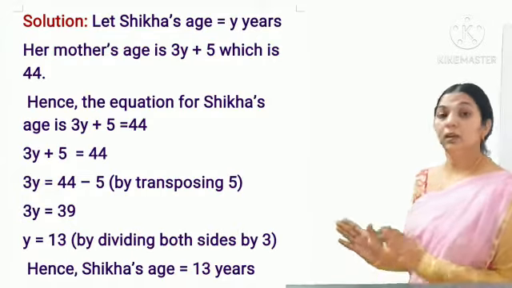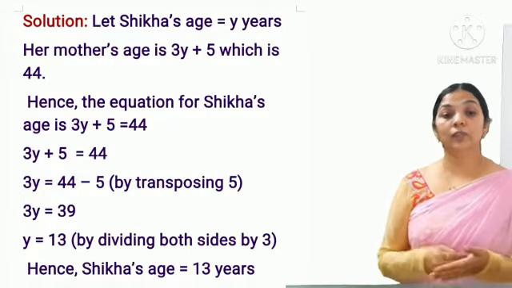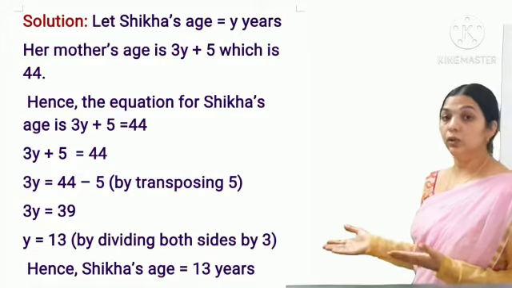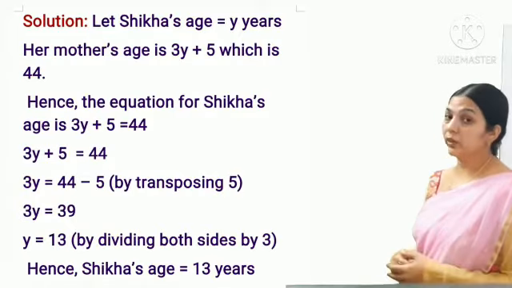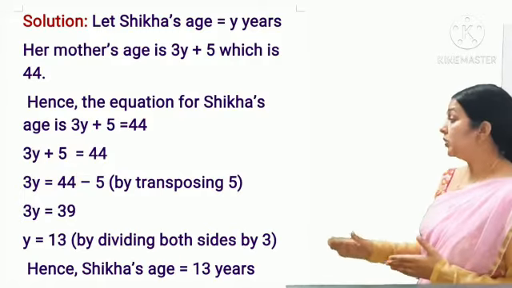Now here we have made the equation. Now we have to solve this equation. We will use any method, either the transpose method, or we can add or subtract equal quantities from both sides, but the transpose method is much easier. So we will shift 5